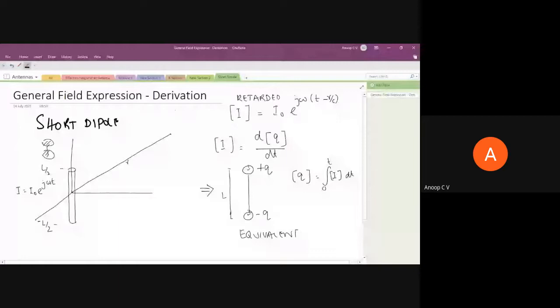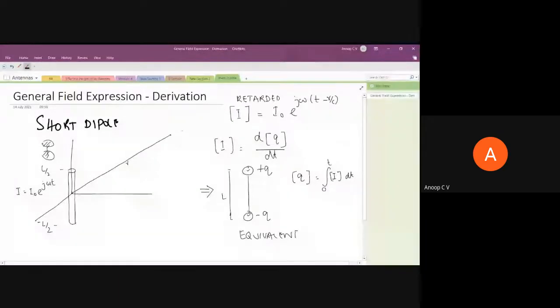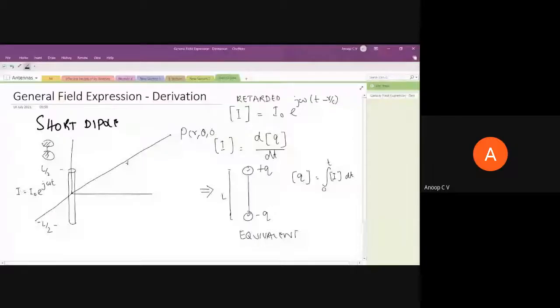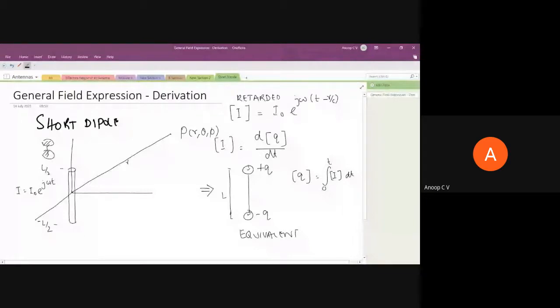Now what we need to do is find the field at this point, say P, with coordinates r, theta, and phi. We don't know which components our electric field and magnetic field have. That's what we have to find out. For that, as we did in the electromagnetic waves subject, when we want to find the field due to a line of charge, you consider a very small differential element along the length, find the effect due to that, and integrate it over the structure. If it is a line, you integrate over the line.